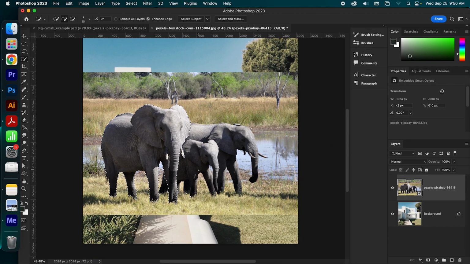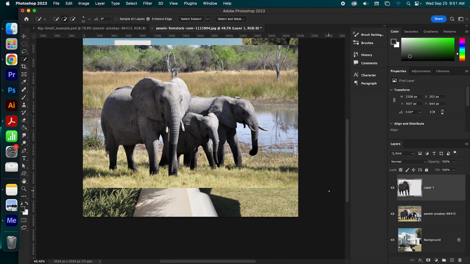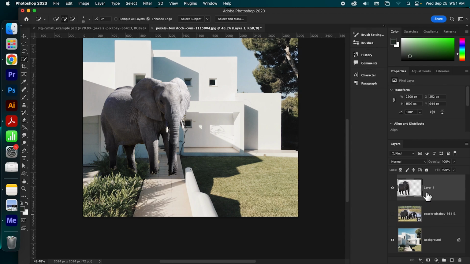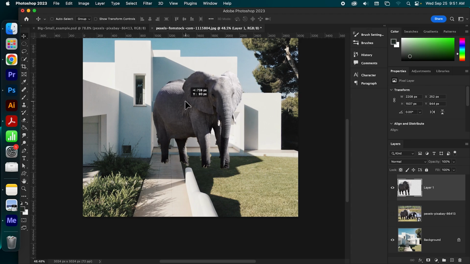All right, now what I'm going to do is create a new layer that contains only the pixels that are inside of this selection on this layer. As far as I know, there's no menu option for this, so you're going to have to memorize it. It's Command J. And it looks like nothing happened, but if I go over here and hide this layer, you will see that I have cut my elephant out of its background.